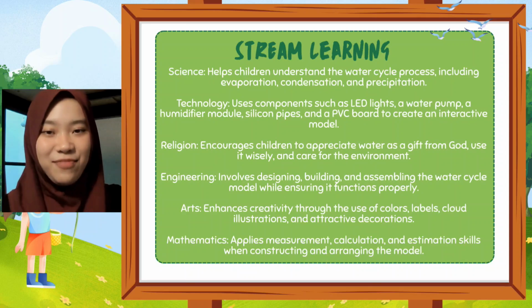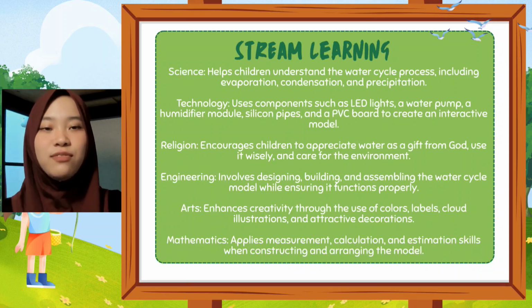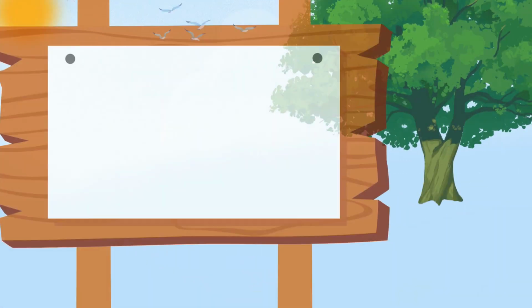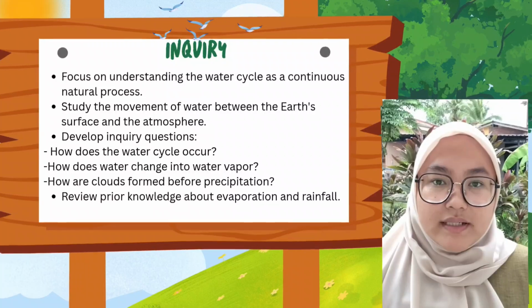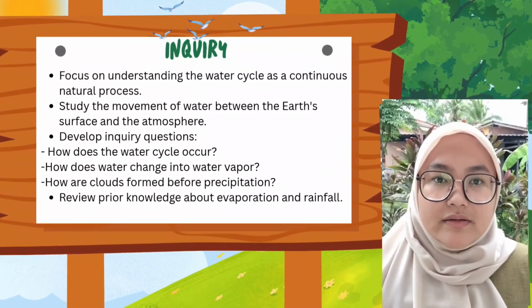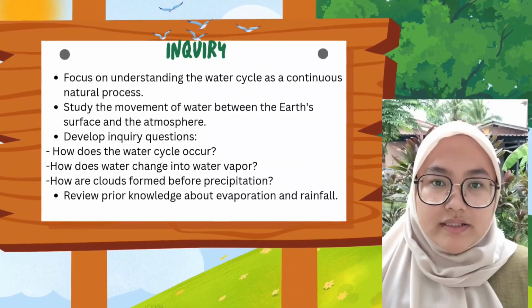Engineering involves designing, building, and assembling the water cycle model while ensuring it functions properly. Overall, this project provides children with a meaningful and hands-on learning experience while developing their knowledge and skills across all STREAM elements. This phase focuses on understanding the water cycle as a natural and continuous process that occurs in the